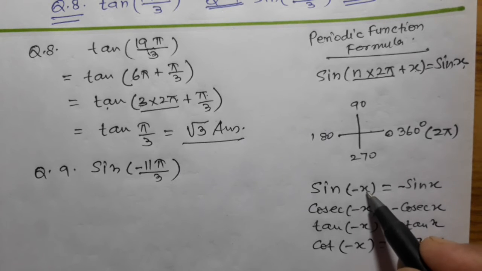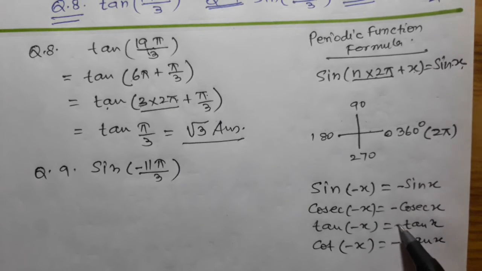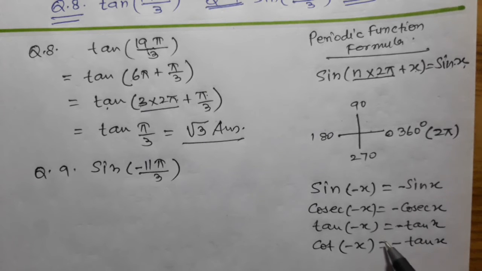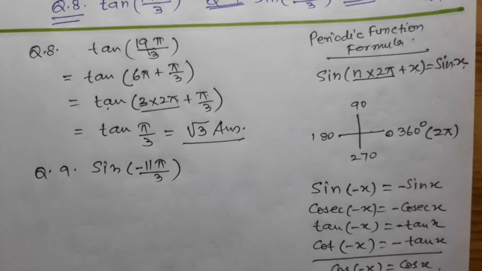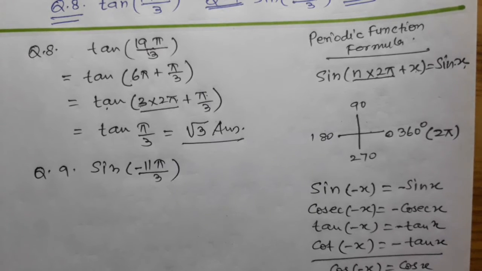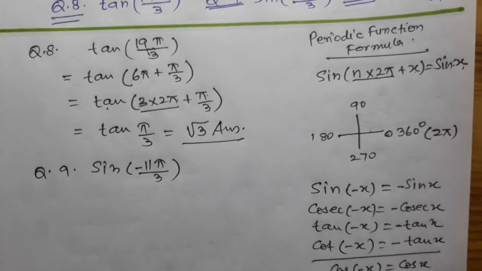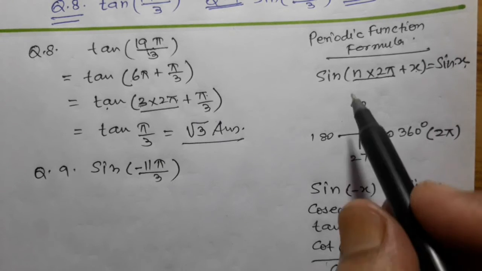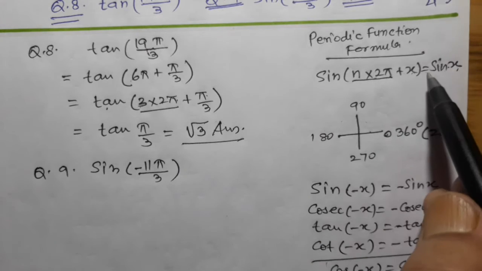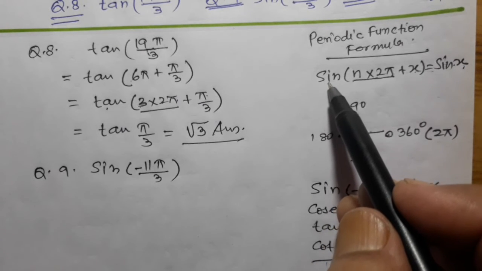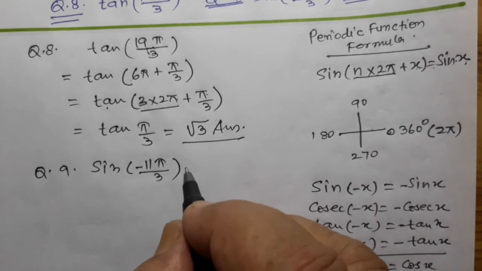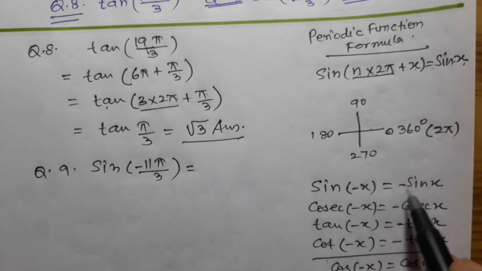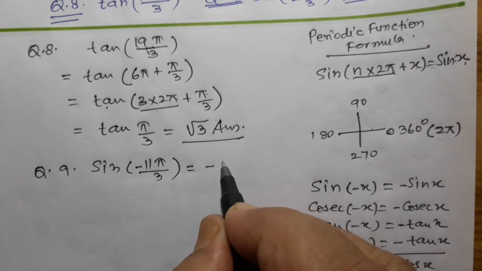So this minus sign comes out before the trigonometric ratios. Okay, so this is the formula. Only in case of cos, cos of minus x will be equal to cos x, and sec of minus x will be equal to sec x. Except this, the formula is applicable for all trigonometric functions. Here sine is there, this may be cos, tan or cot, like that. So we have to keep this formula, and sine of minus x is minus sine x. We are writing here minus sine of